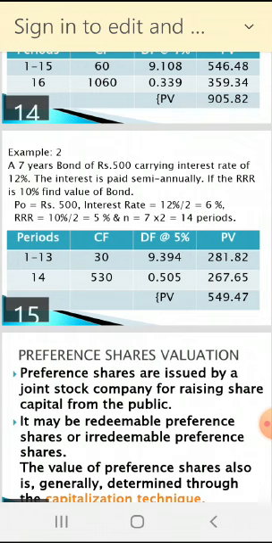Discounting factor, the annuity factor, we have taken here at 5%. Please refer to 13 and 5%: 13 on the left side and 5% above, and get the answer 9.394. Multiply by 30, you will get 281.82. This is the present value of interest up to 13 periods. But we have 14 periods. So in the 14th period, we will get 500 back plus 30 rupees of the last 6 months.